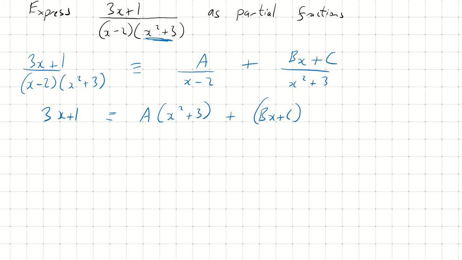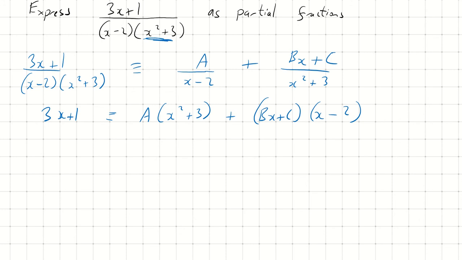When we multiply bx plus c over x squared plus 3 by x minus 2 times x squared plus 3, the x squared plus 3 cancels out, and we just get an x minus 2 term left over. Okay, great. So now we can substitute values of x